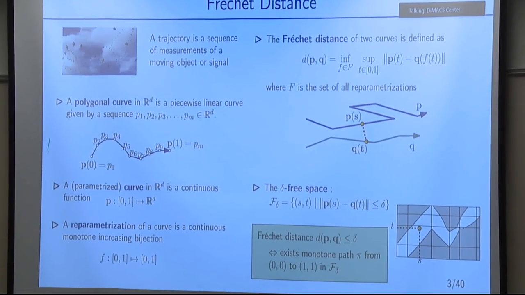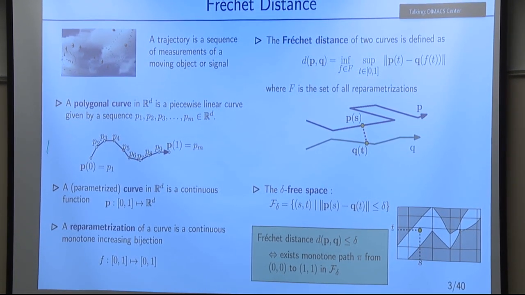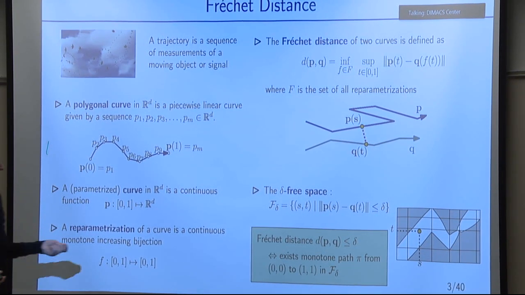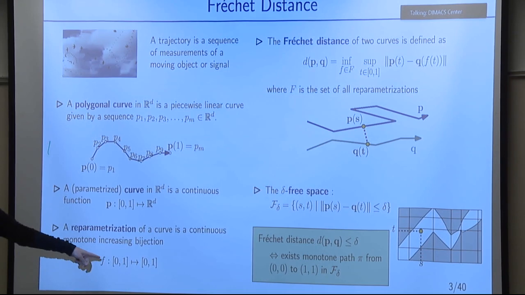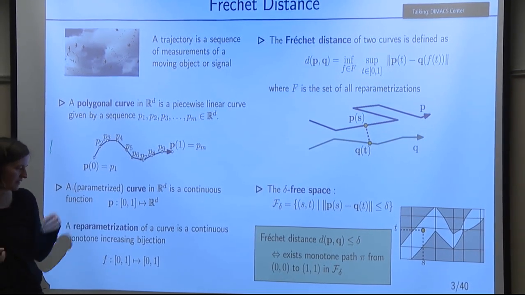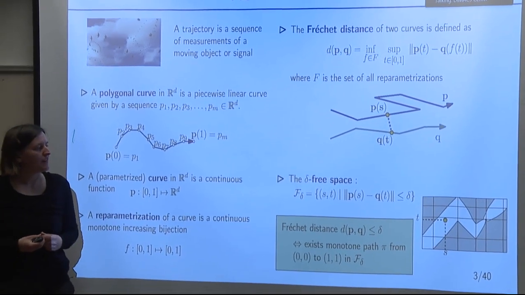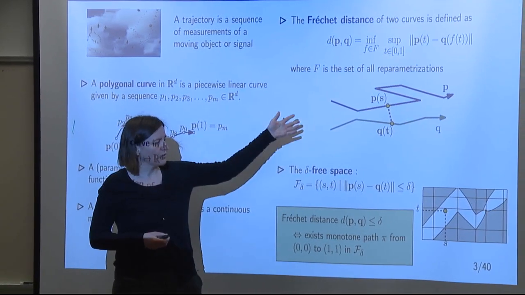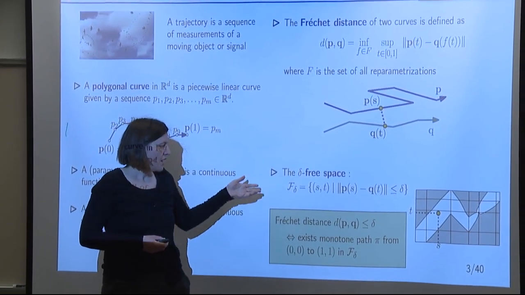And so this is not really a natural discrete problem by itself, right? You're optimizing over an infinite set, here the set of continuous bijections that are increasing. But there are discrete algorithms for this. So in particular, if you want to compute the Fréchet distance between two curves, what you can do is